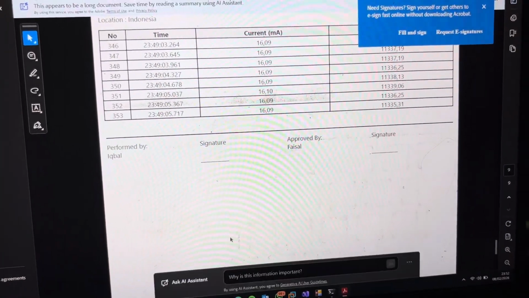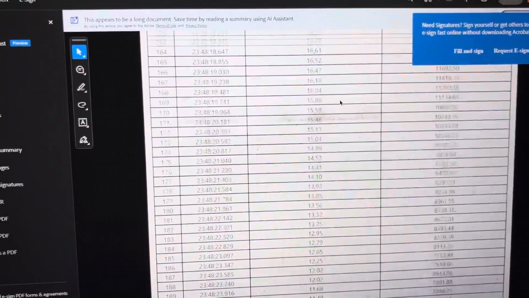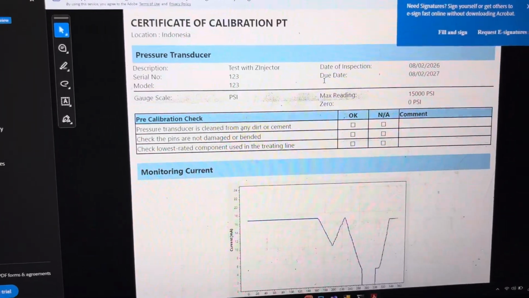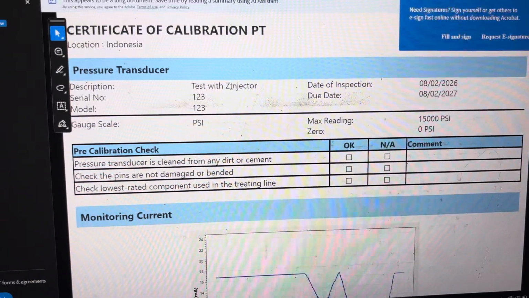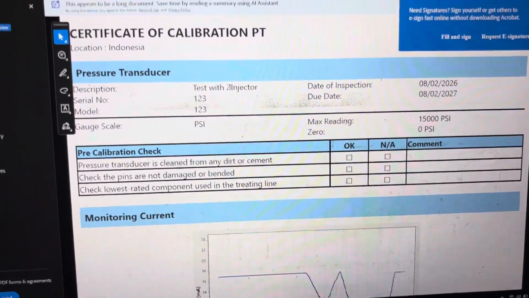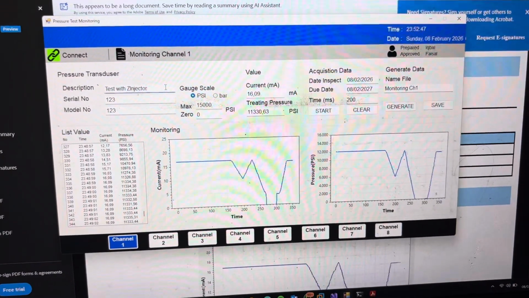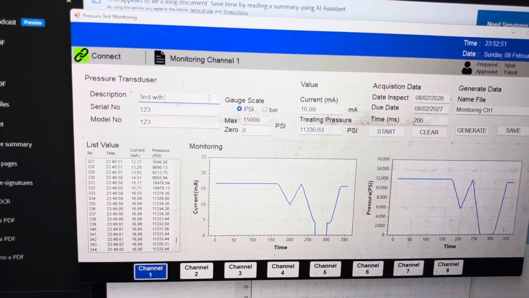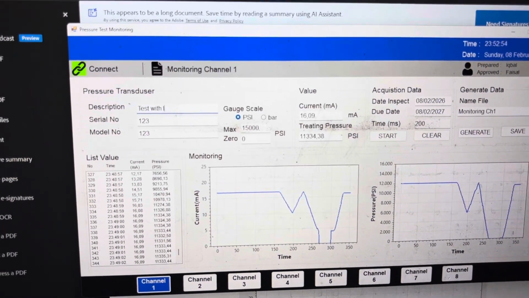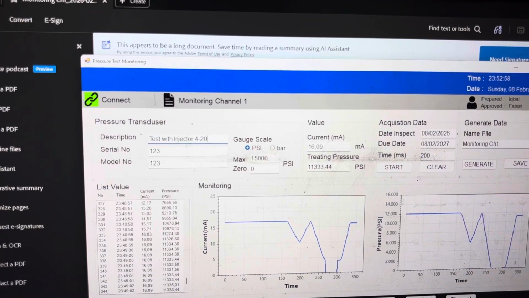If we want to change the description, we can change the description and the typo from the injector. We can change it in the software. Maybe we can add injector for up to 20 milliamp.